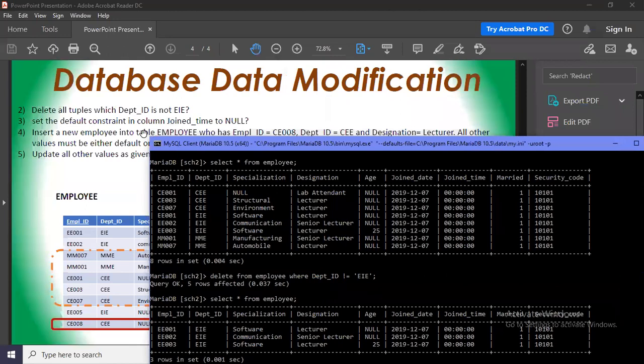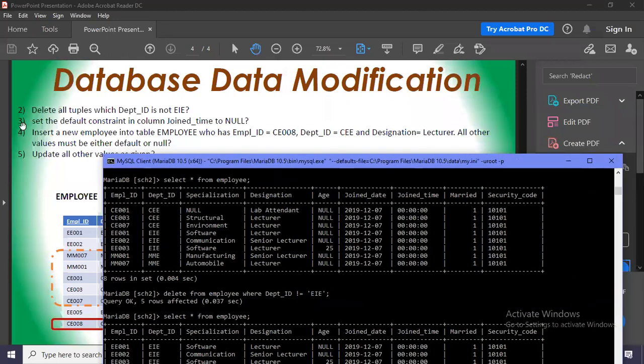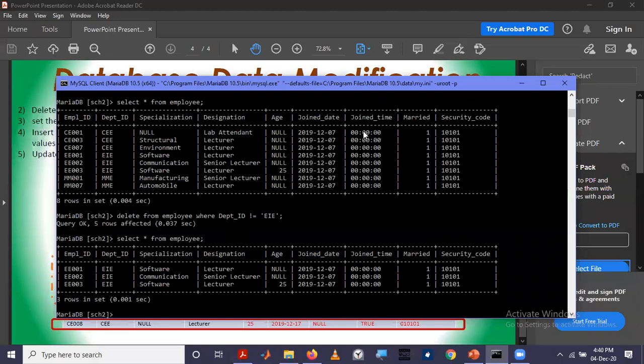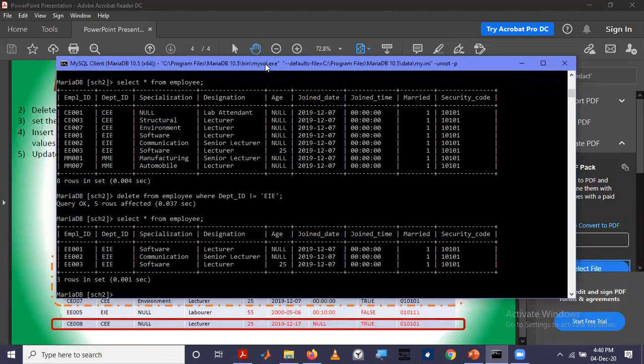Okay, in the next one, I must have put this one in the previous slide, but I have put it in this one. We also set the default constraint in column join time to null. So join time, the default is this one. We also change it to null. By mistake, I already did this at the beginning of the lecture. So that is alter table employee.